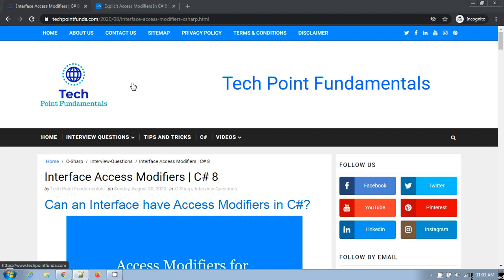Traditionally, we know in C Sharp interface, we don't have any provision to specify any access modifier to any interface member, but currently in C Sharp 8, Microsoft has introduced the explicit access modifier for the interface members.